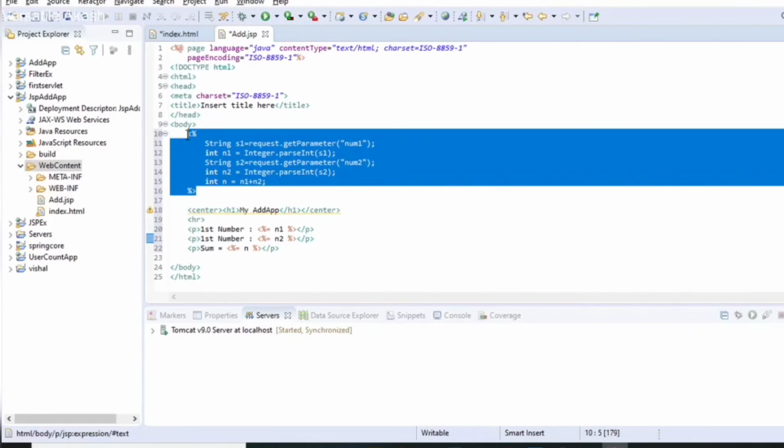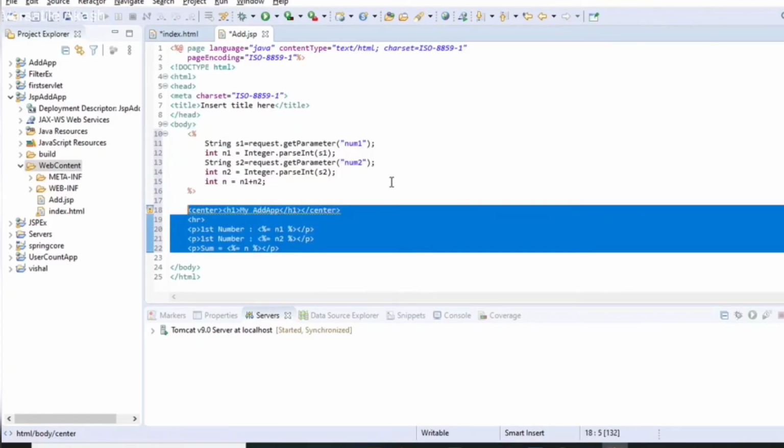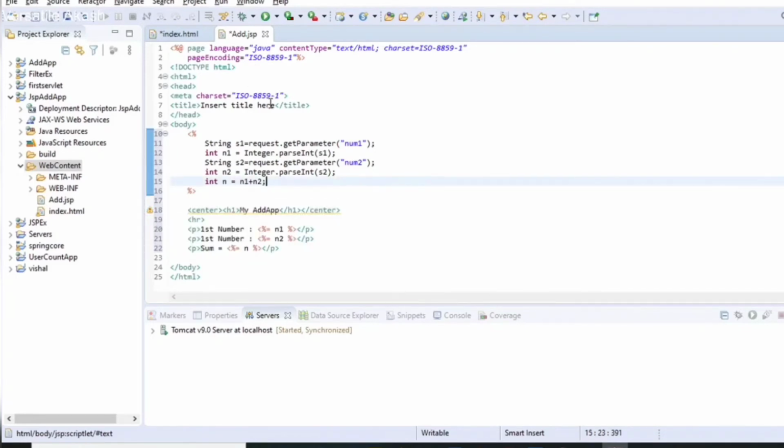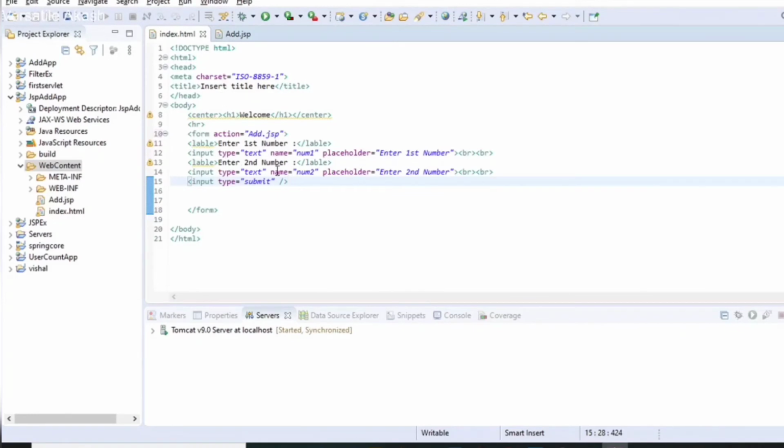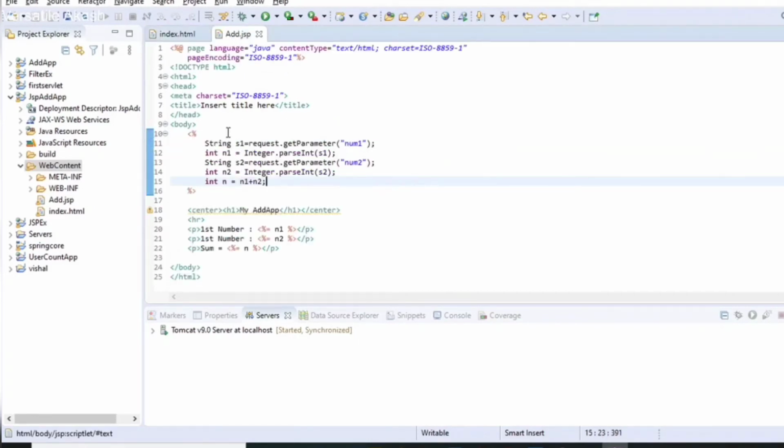Here is the Java code, and this is our HTML code. So what is happening? You can see that first of all, a user enters a first number and second number and submits. When he clicks on submit, then a request for add.jsp goes to the server, and what does add.jsp do?